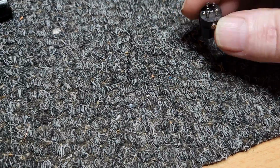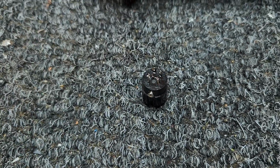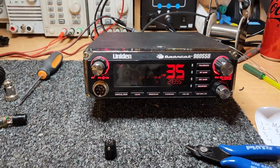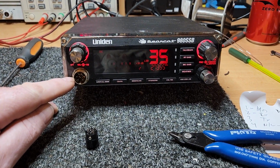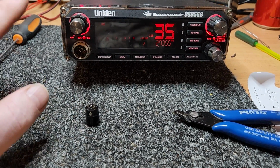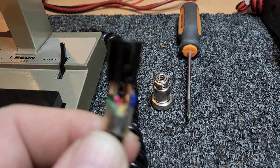Alright, so what have we done now? We've made sure that, and by the way, you have to bend a little bit over, otherwise the pin will fall out. So I'll do that in a second if you still want to be able to reuse it. But now we've stopped the potential of doing an audio IC or a regulator. So the audio line that comes out of here, which you're never going to need on a Leeson, is isolated. The 8 volt line isolated, gone. And the thing is that it's very clear now that you've only got a 4-wire connection for what we said was 4 wires. 1, 2, 3 and 5 are the only connections that are needed, and luckily we have 4 connections here. Obviously they common up the